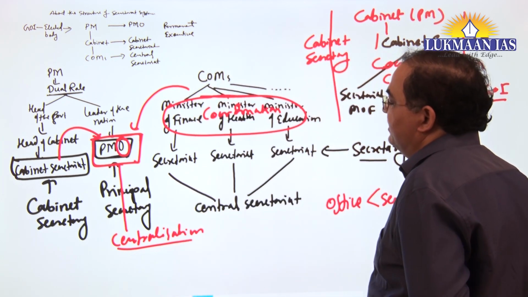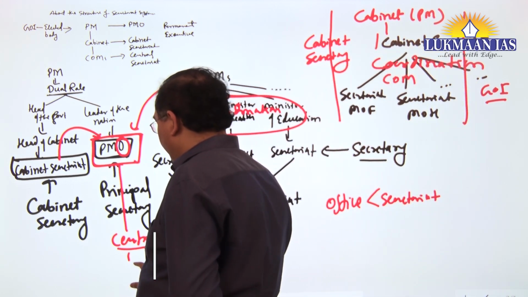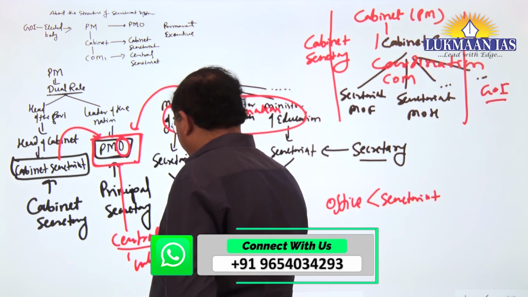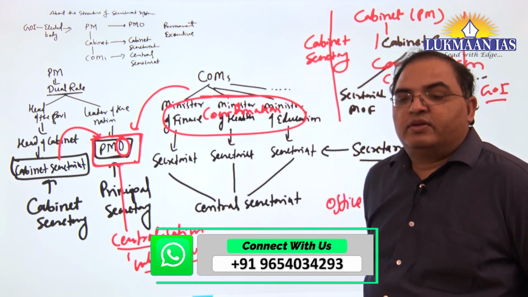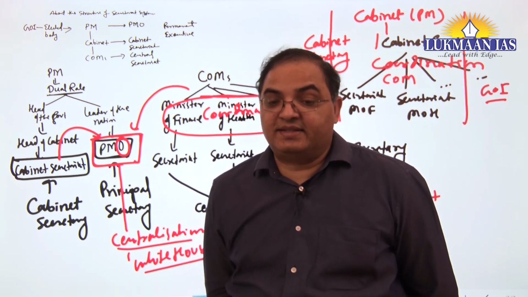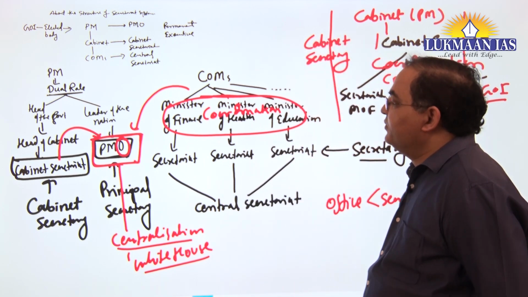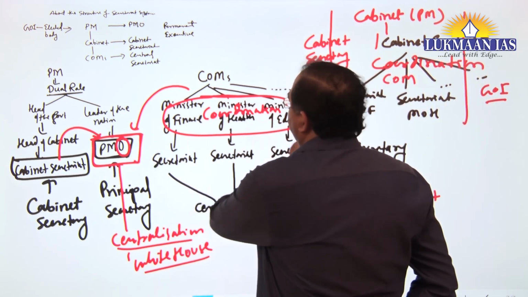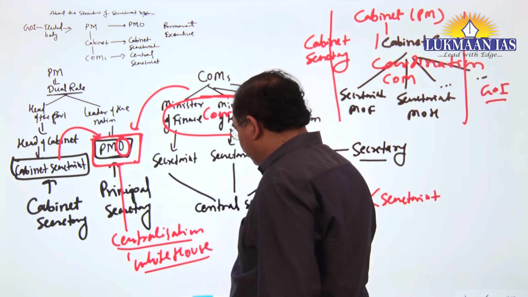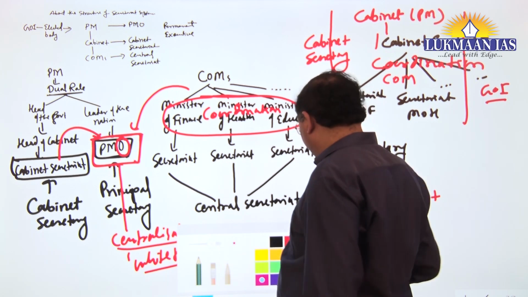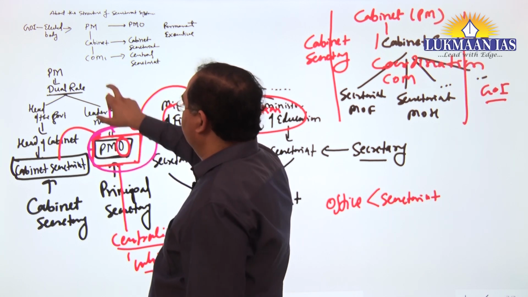And then it becomes like presidential type, because PMO is similar to the White House. It becomes a more centralized system, and it is against the convention of parliamentary democracy. So that is what we have to teach, the three secretariats, how they work, its structure, etc. Largely, questions are asked on this PMO. So most of the time among them, PMO is asked a question.